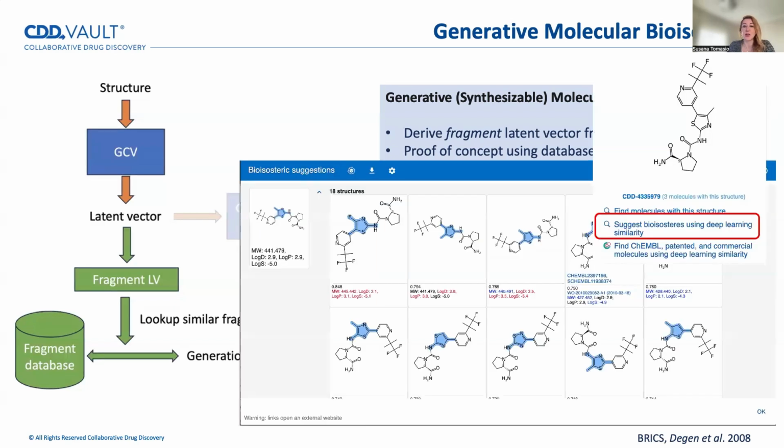Again, this is also integrated in CDD Vault, and it's accessible from the molecule page. You can simply click the link Suggest Bioisosterics using deep learning similarity to see what results you get from your hit. You also get the synthetic accessibility score, which evaluates how easily a molecule can be synthesized based on the